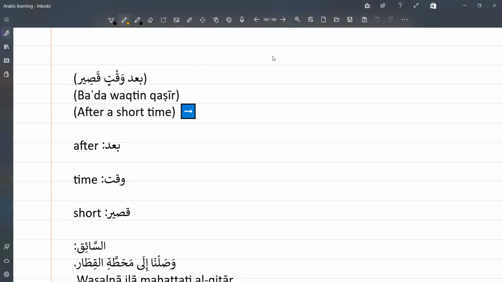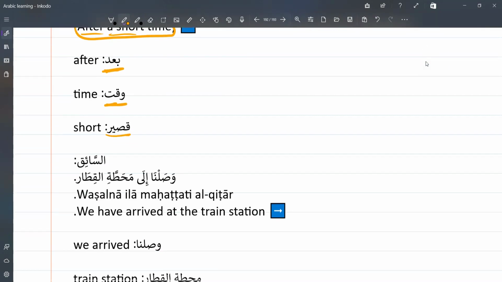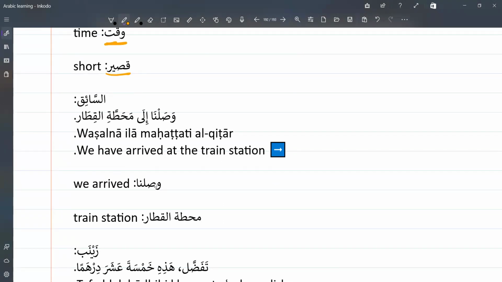Then, after a short while, how do we say the phrase after a short time? After means ba'da, and time means waqt in Arabic, and kasir means short. Tawil means long. So if you want to say after a long time, you would say ba'da waqtin tawil. And if you want to say after a short time, you would say ba'da waqtin kasir. So after a short time in the taxi, the Shaikh says, Wasalna, which means we arrived